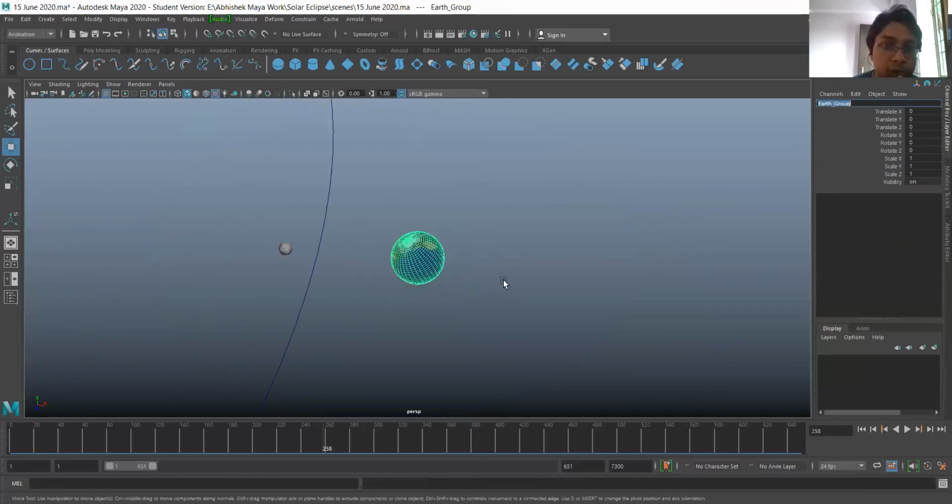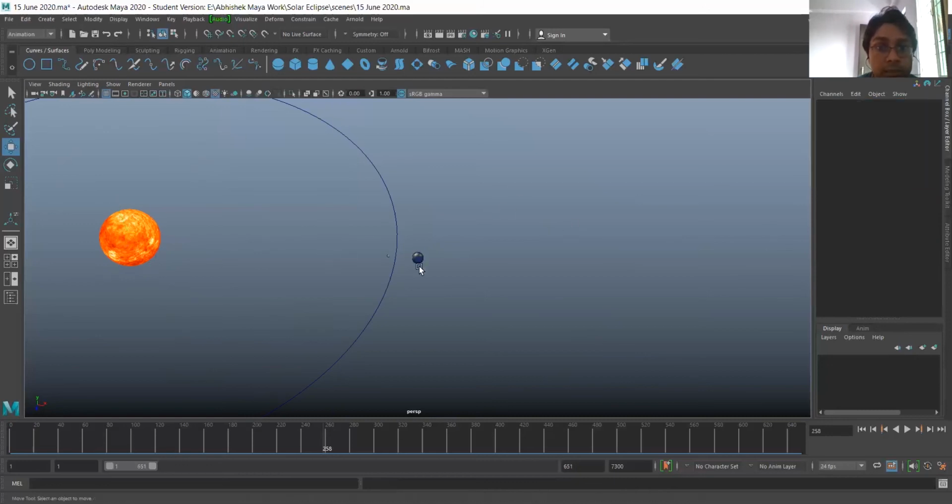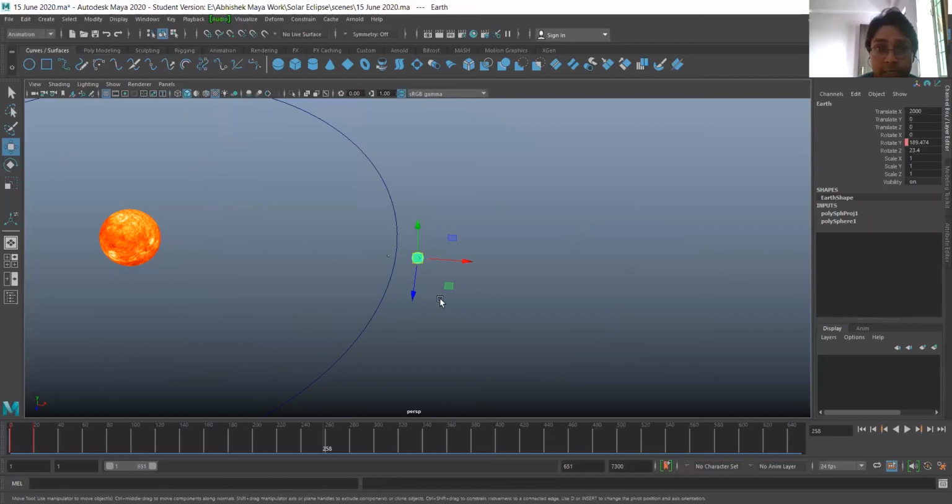By default, when you group an object, its center is at the center of the grid. To bring the center to the center of the object, select the group. To select the group, press the up arrow key on your keyboard: select the Earth and press the up arrow key, and your group is selected.